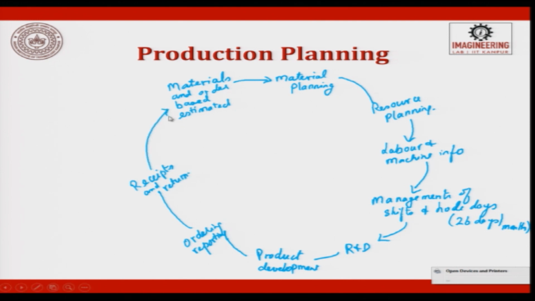So, all these steps are involved in the process plan. When material should come, what the resource planning is, how much labor is needed and when they should come. If there is always a mistake, then R&D has to be done, and some small changes developed in the product. Then you figure out the ordering points. After you have ordered, the material has come, so you have to accept the material as well as enter it in the main stock. So, receipts and returns have to be done, for the materials which have come based on the estimate. This is a complete cycle which keeps on going for production planning.